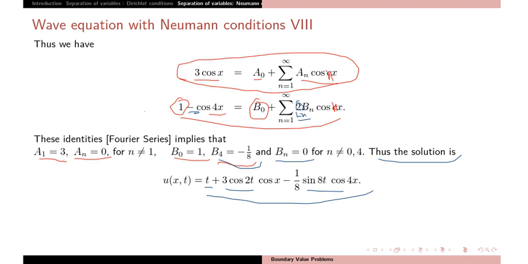So if you have data in sine and cosine, then there is no need to write the Fourier series. This is already a Fourier series, so just compare the coefficients on both sides. But if you have other data, like what you wrote in the previous example, x minus x square, then you need to compute Fourier coefficients. But if you already have the Fourier series, then there is no need to recalculate the coefficients.